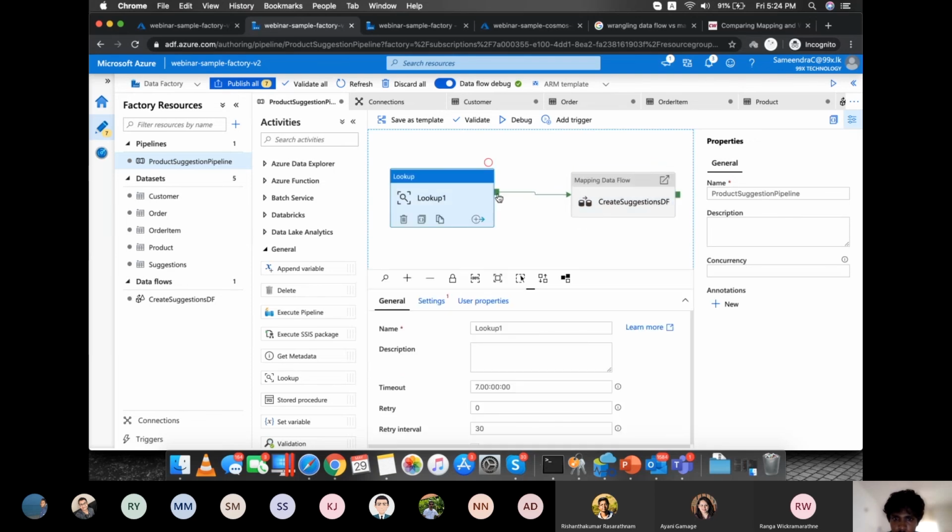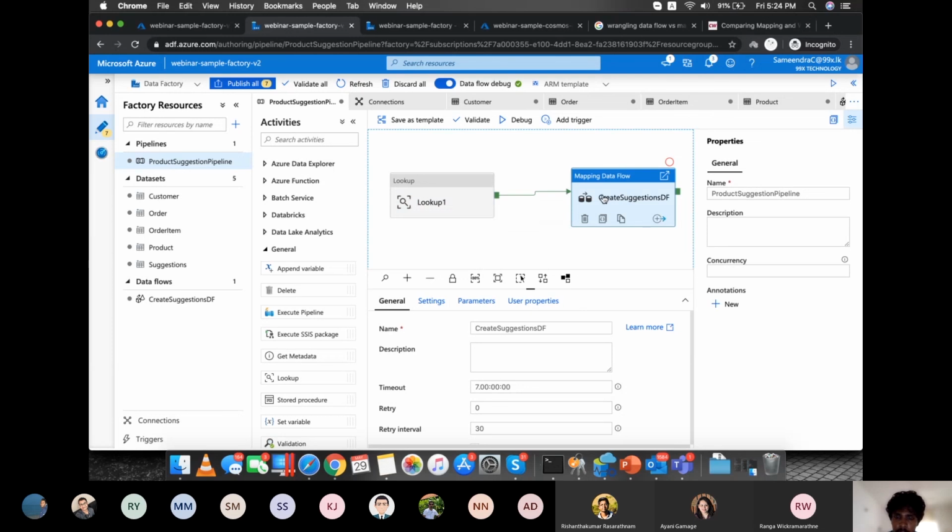So when you click on this, you can actually set it up so that you can execute the next activity on its success, failure, completion, or skip. So this is the green. This step will be executed after this particular activity is a success. So if you want to